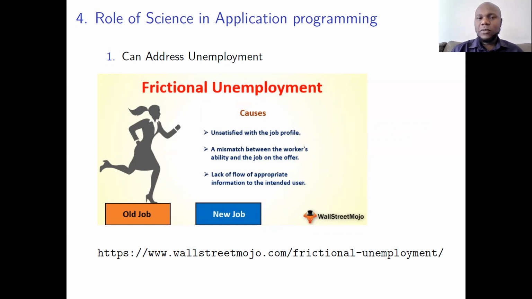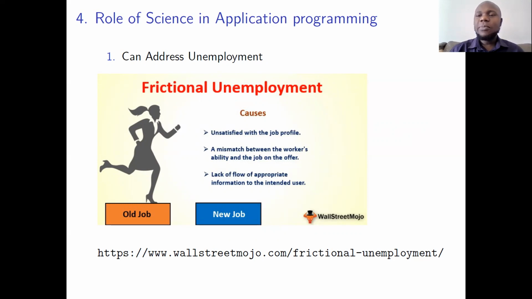If we look at unemployment, for example, there's a type called frictional unemployment, which occurs as a person moves from one job to another. When you switch jobs, you become unemployed as you look for another job, and you don't have perfect information about where exactly you can get the job. The employer is possibly looking for you, but there isn't a perfect match. So you might spend months looking for another job, yet there's somebody out there who has the perfect job for you.